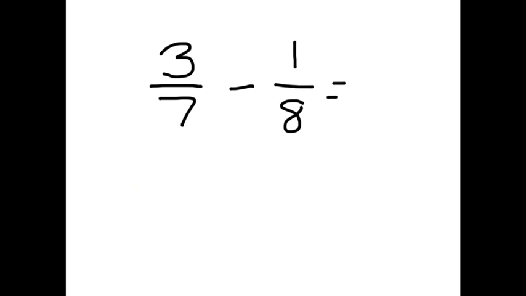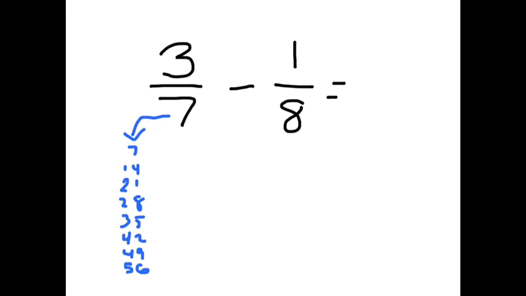Alright, here's another one. This one's a subtraction. And the nice thing about adding and subtraction is that the rules are the same. You just have to subtract instead of add. You still need to find common denominators. So, let's skip count by 7s. You're going to see that that's going to be 7, 14, 21, 28, 35, 42, 49,